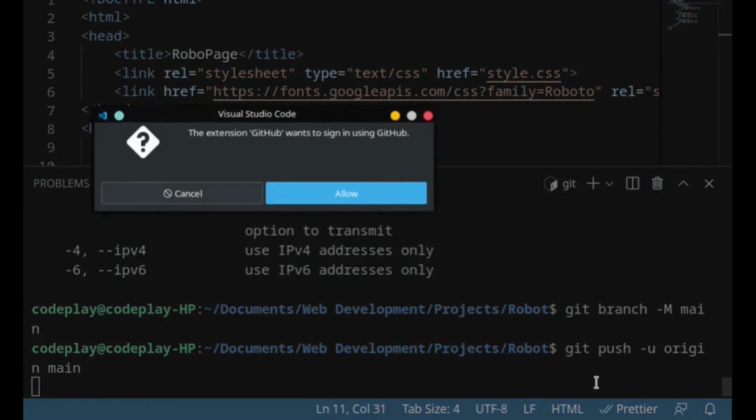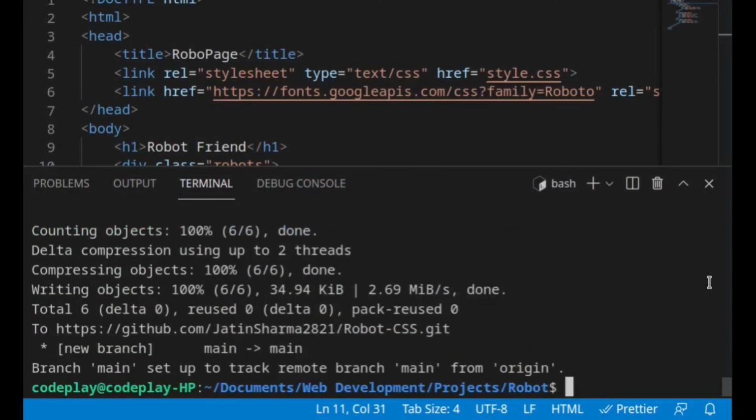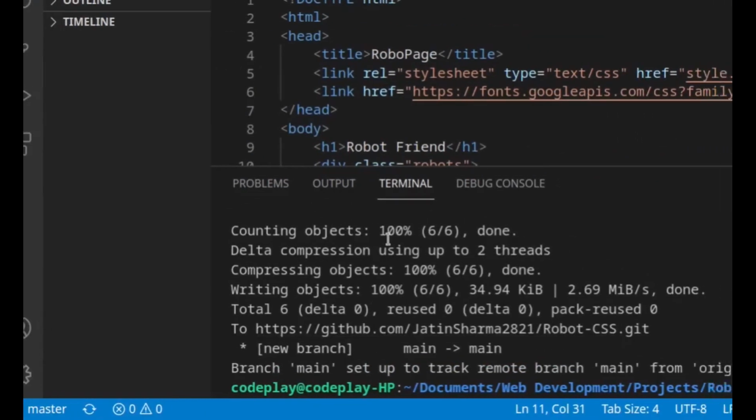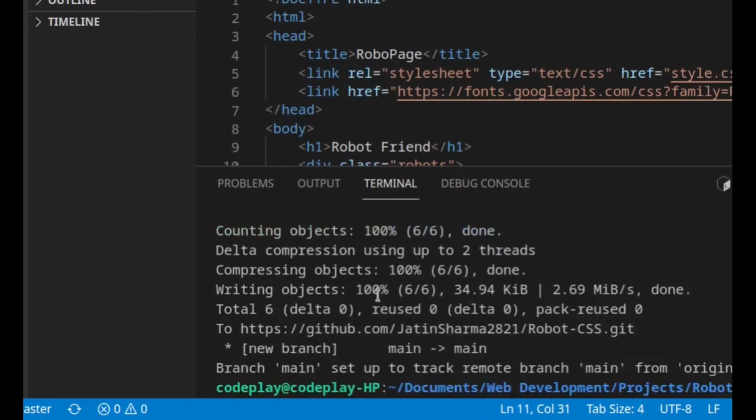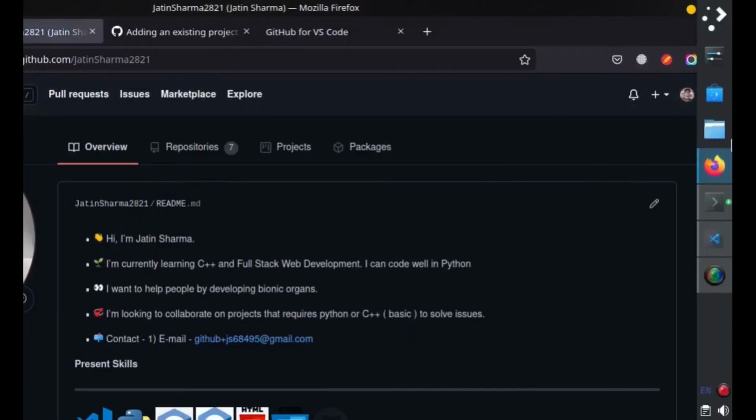Now GitHub is asking for authorization, so we will allow it. Now it's showing counting objects 100%. It means our project has been successfully pushed to our repository, and we can check that too.